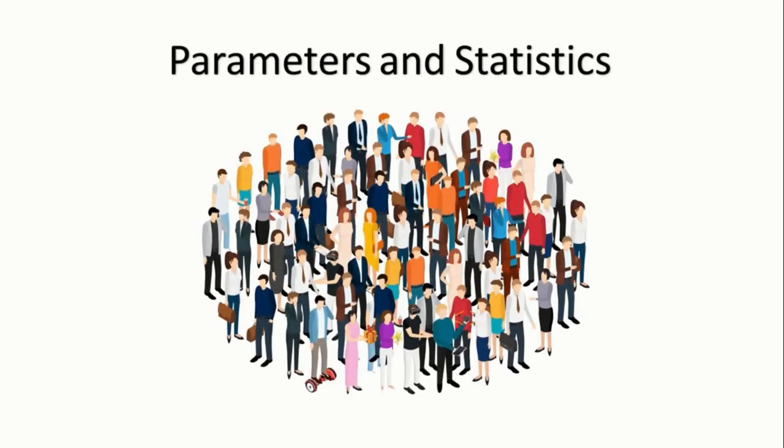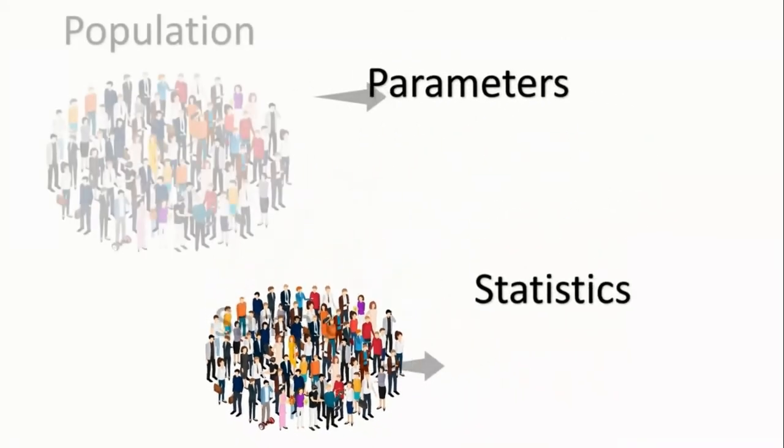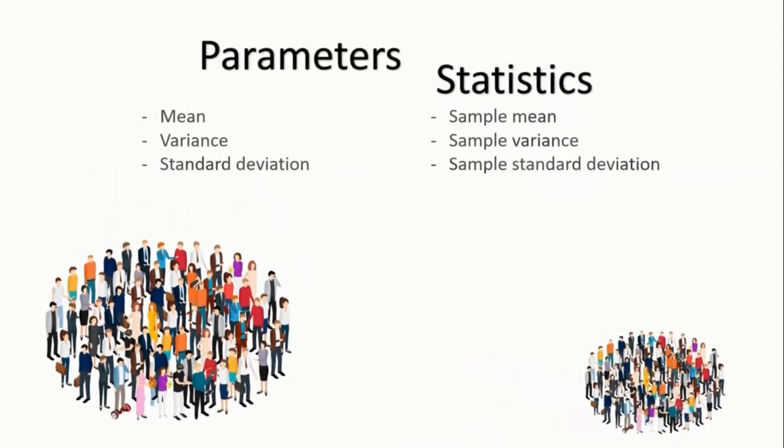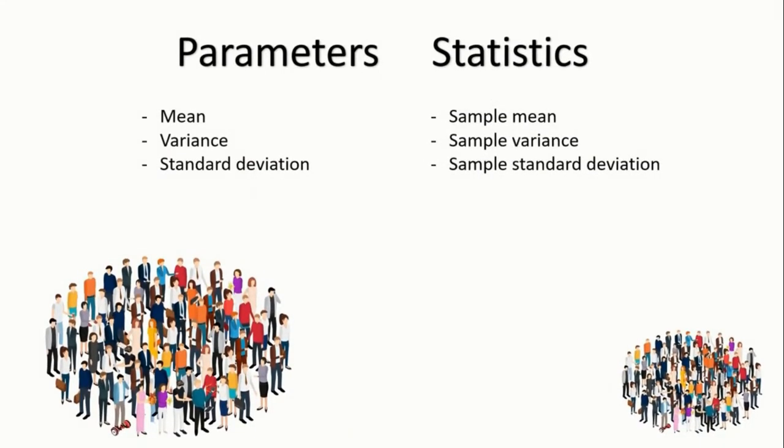Besides population and sample, there is another pair of concepts, parameter and statistic, which are very important in characterizing population and sample. A parameter is a characteristic or summary number of a population. A statistic is a characteristic or summary number of a sample. For example, mean, variance, standard deviation of a population are characteristics of the population. Once the target population is fixed, these summary numbers will not change. A sample also has mean, variance, and standard deviation, but their values change in different samples, even if they are drawn